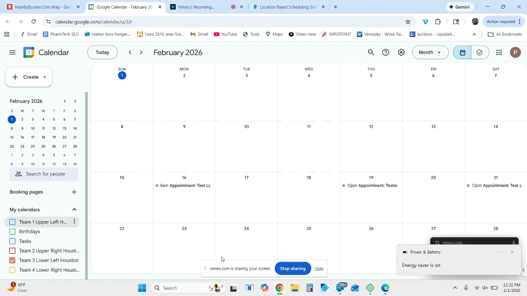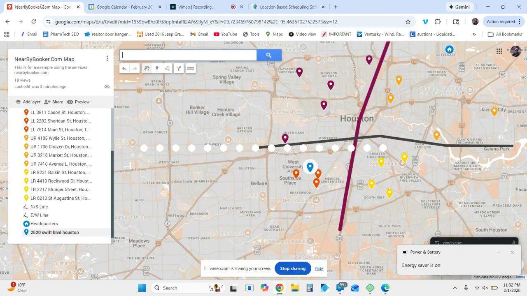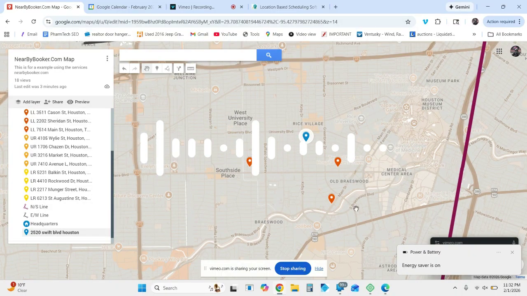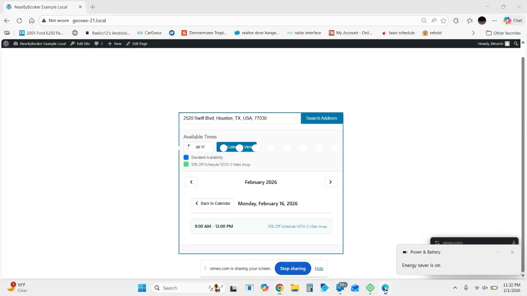So if I go to here, I'm willing to bet that 2 miles is going to be, actually these all look within 2 miles. So yeah, that makes perfect sense. So it's going to be within 2 miles of these. And the beautiful thing about that is that when you go to list view right here,